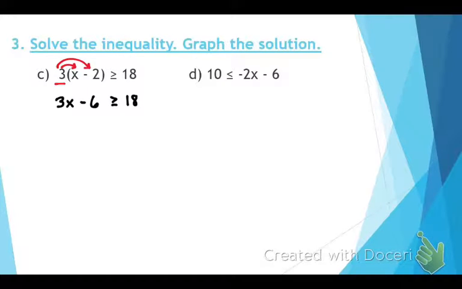Kaylin, what do I do next? 3 divided by 3x. Okay. She says divide it by 3. Here's the deal. We learned about best friends. Those two are best friends. Remember, you never want to multiply or divide first if you can add or subtract first. Add by 6 on both sides. Very good. Then that cancels out, and 3x is greater than or equal to